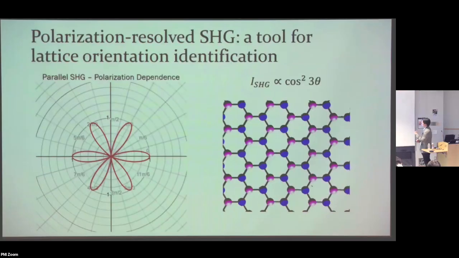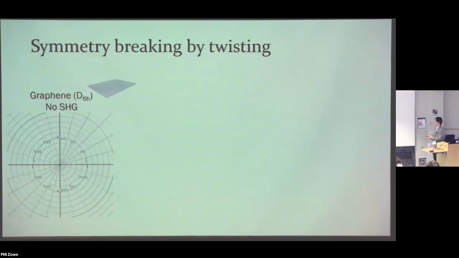So now when you put two plates together and you twist them, as we said, you break the symmetry, and now we want to know how that symmetry break affects SHG. And you can actually derive all this from a group theory point of view. But simply speaking, if you take graphene, which has a higher symmetry for these 2D materials, there is no SHG, because the chi2 term that's relevant is prohibited by the group theory.